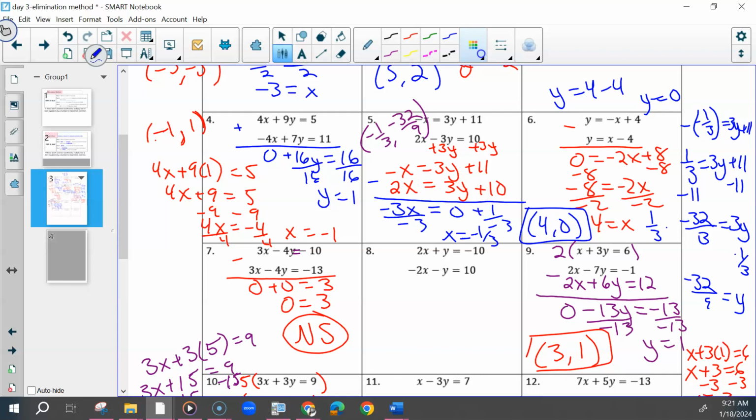I'm going to give you guys time to practice. You'll be working on one of the following things. You'll be working on this. There are the rest of these practice problems as well as the practice problems on the back. The delta math on this that is due tomorrow. Or if you did not do the delta math from Friday, the solving systems by graphing and by substitution, you can be working on that. If you need to finish a test or work on this paperwork, that will happen after the delta math